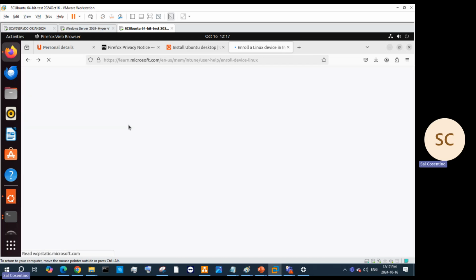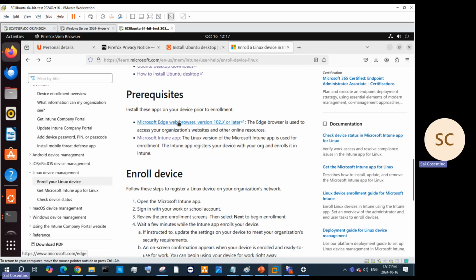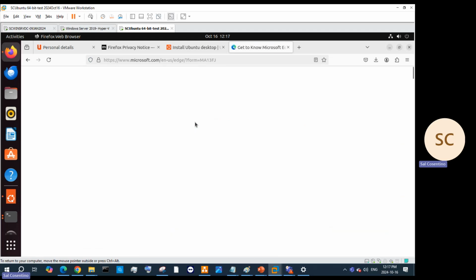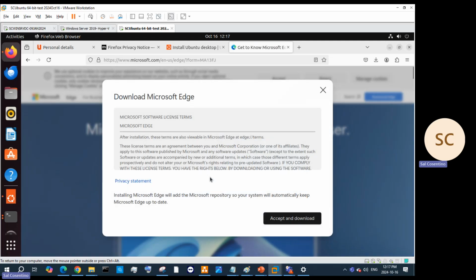And let's go back to our devices list here. So let's go ahead and install the prerequisites for that. Again, there's multiple ways we can. I'll send you guys the terminal command for the Edge on Ubuntu. It's up to you if you want to use that as well too. But we're gonna install it the easy way here. So we're just gonna download Edge, and I'll send you guys the information for that, the command line,